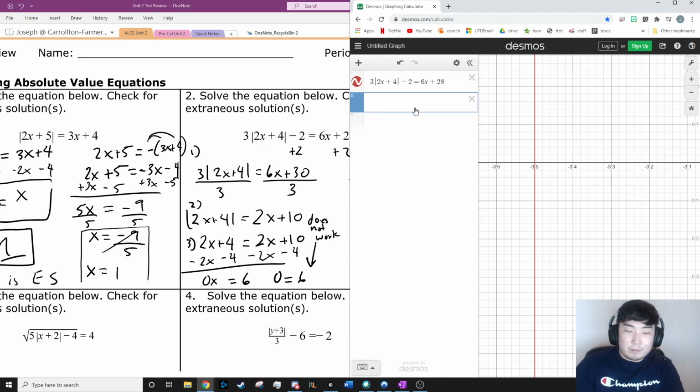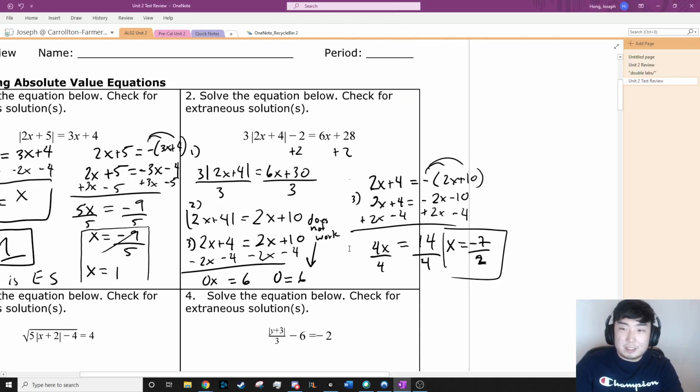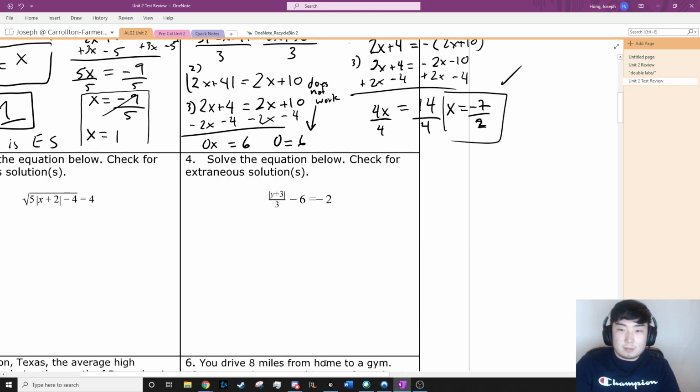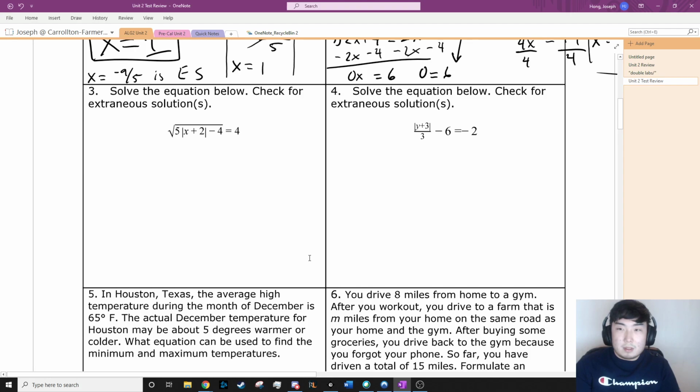So if I write negative 7 divided by 2, that's negative 3.5. So that makes sense. So yes, this is a solution. So step 4, oh, right here. Check on Desmos. Let's look at number 3. Number